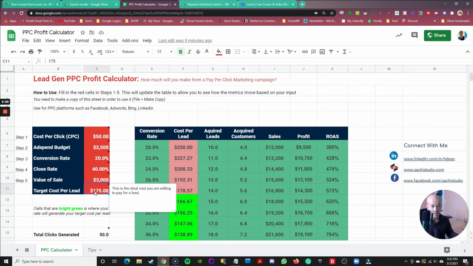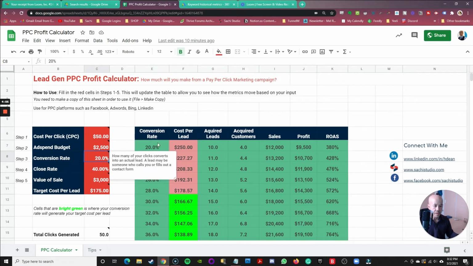That's your target CPL that you're aiming for. And I'll explain in a bit how that affects this column right here. Okay, so once you move over to the right hand side right here, what this is saying is that if you have a 20% conversion rate